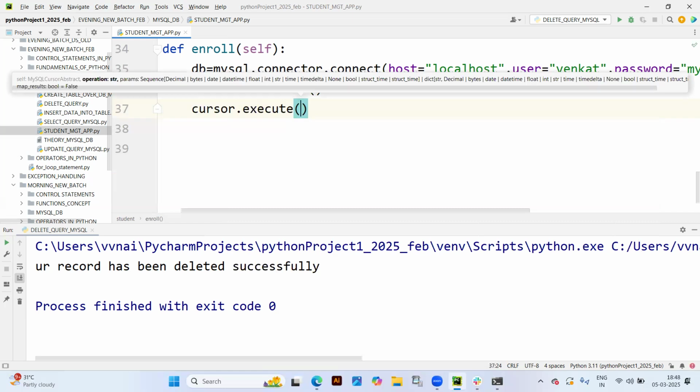insert query. Now we write an insert query. So within the double quotation, it is not case sensitive. You can write insert into student underscore details